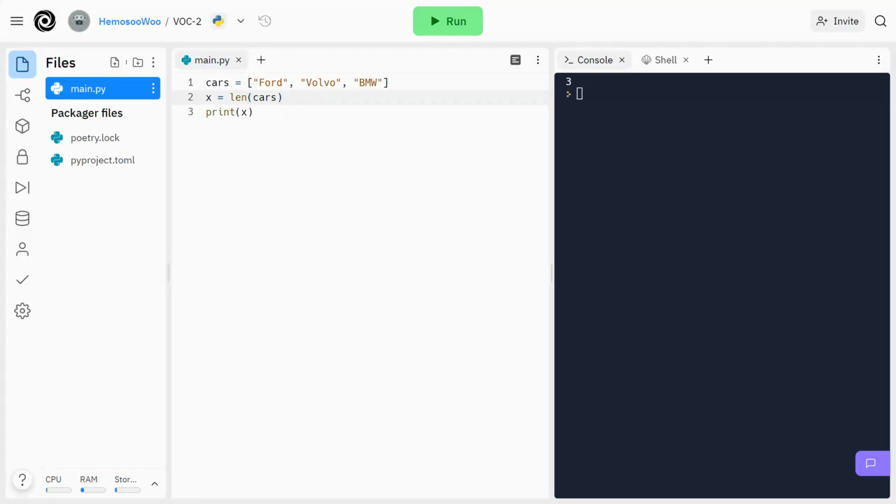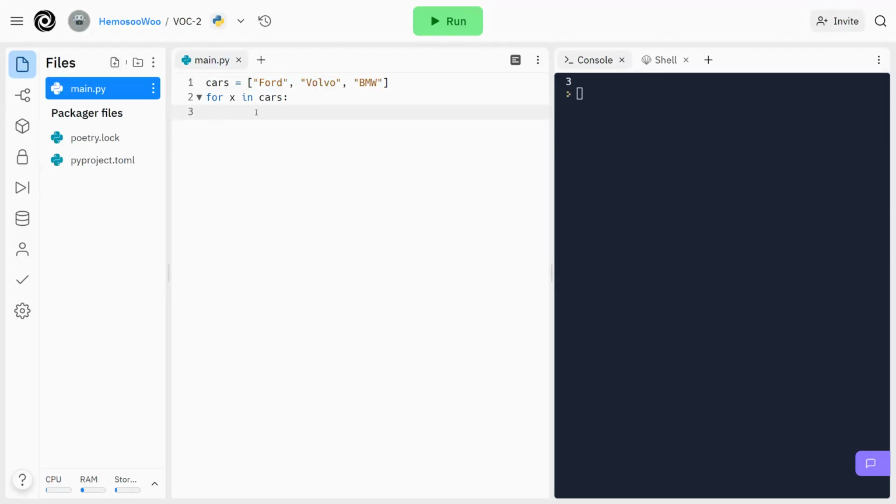And then there's really not much of a point of a list or array if we can't loop through the array, right? If we can't search through each item in the array. So to do that, we're going to be using a for loop. So for x in cars, and then colon. If you don't remember, x is just the temporary variable we're creating, and we're setting x equal to each of these individual values